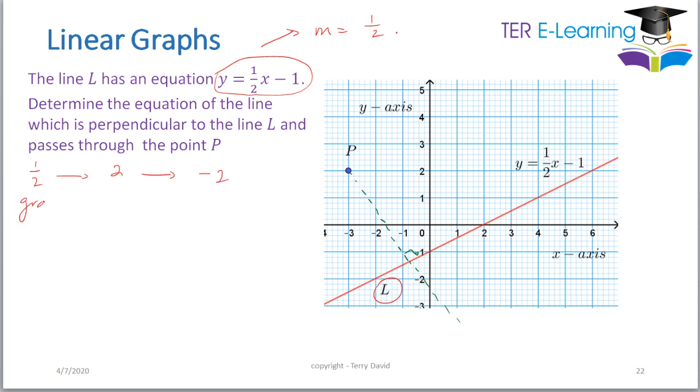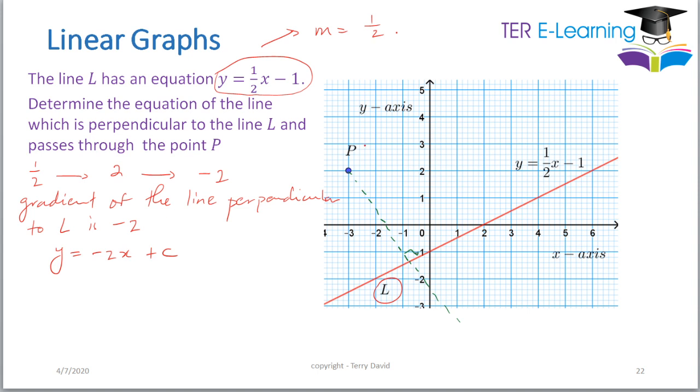So the gradient of the line perpendicular to L is minus 2, right? So therefore, the equation of that line, which is passing through P, will look like this: y equals minus 2x plus c, right? Now the thing is, we're going to have to use the point P in order to determine